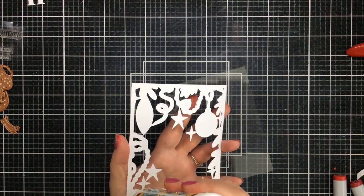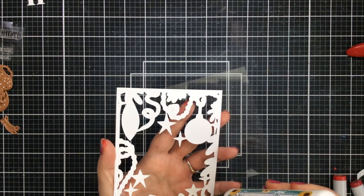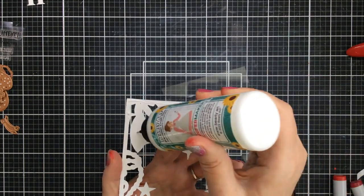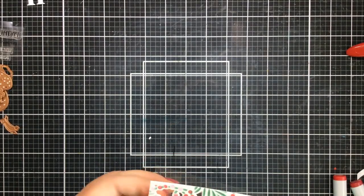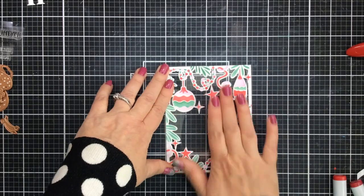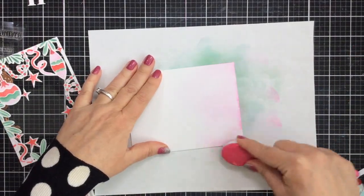I'm just going to glue this panel onto some acetate that's cut to 4 1/4 by 5 1/2. And I'm just using liquid adhesive to glue this down. Now I want this to stay for a while and let this completely dry before I go into the next step. So I will put some acrylic blocks over the top and set that aside